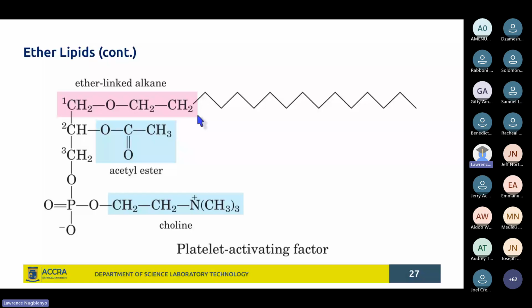So let's say if there's some inflammation, this factor, this compound, is released by, say, red blood cells, and this activates platelets, and these platelets then trigger various cascades of reactions,